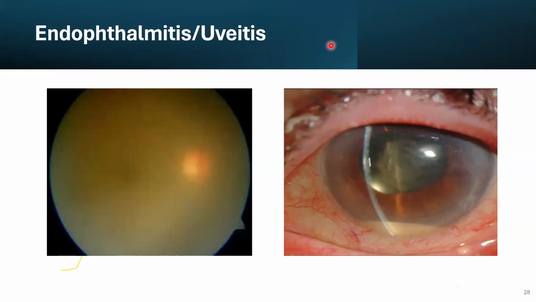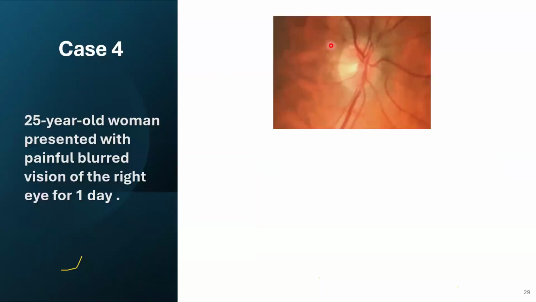I try to be comprehensive to cover all aspects of acute vision loss, because acute vision loss is not only a neurological cause. Most of the time it's an ophthalmic cause. So you need to have an ophthalmologist with you to examine the patient to make sure that this is not an ocular condition. Now, let's move forward.